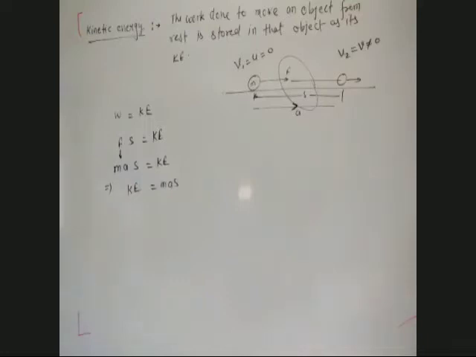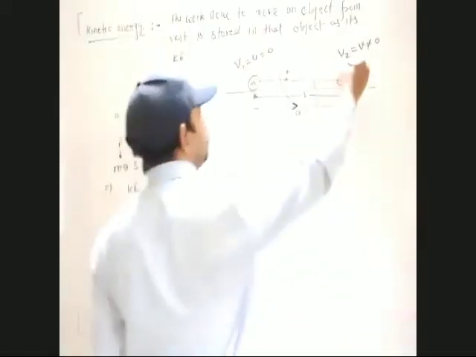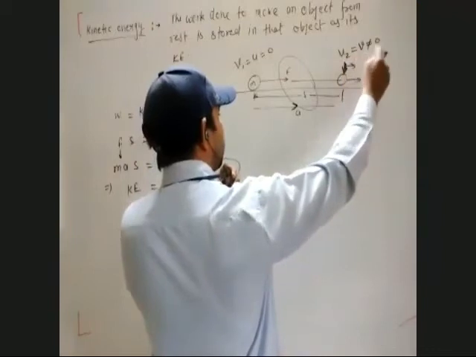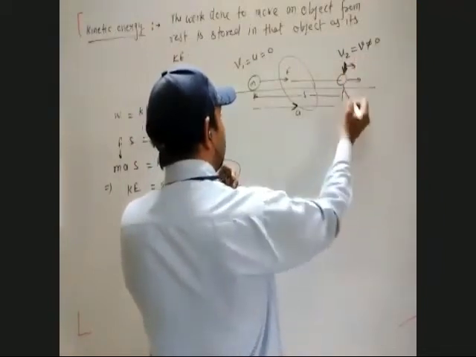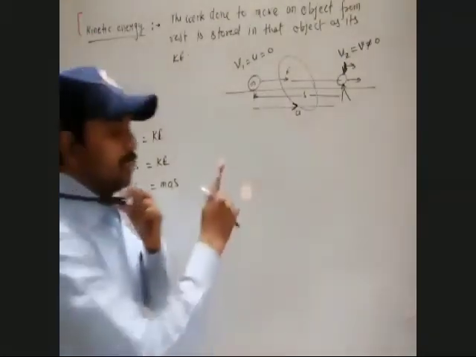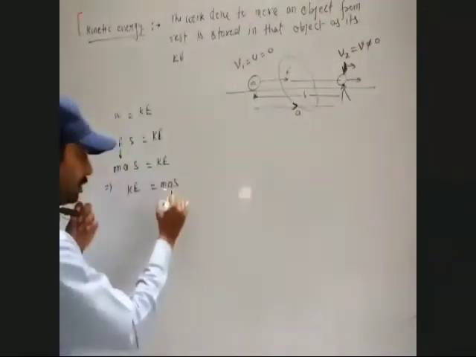Generally, if an object is in motion, we do not know its acceleration. The reason is, we applied force only up to this distance. After this, the object is not experiencing any force, it is moving in inertia. That means there is no acceleration in the object. So we have to remove this acceleration.